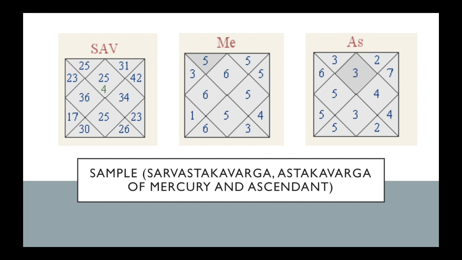Hence, a good planet, an angular house or a trine house having a lot of points is desirable. Of course, everybody will not have that. Every good house may not have great points. So if a fifth house, or for that matter a fourth house, has fewer points, then there can be difficulties in that particular area. So you have to work more in that particular area.